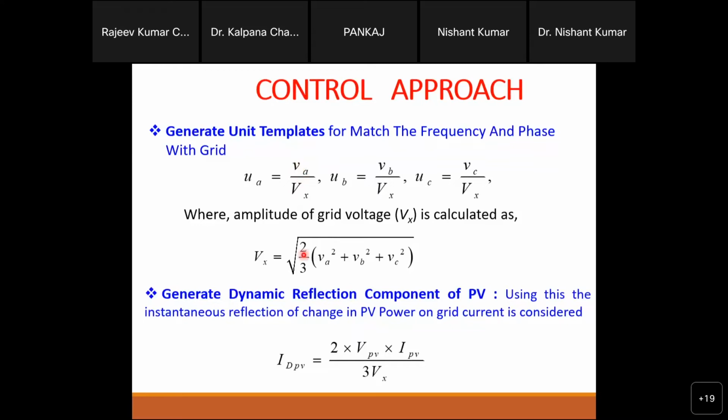So you will calculate this Vx, and then Vx will be 220. If you divide by 220, you will see that the magnitude peak is 1, because of the division by 220, and in the negative half cycle this is minus 220. So that time you will see minus 1. It means this is a signal in between minus 1 to plus 1. That's why the name is given unit template.